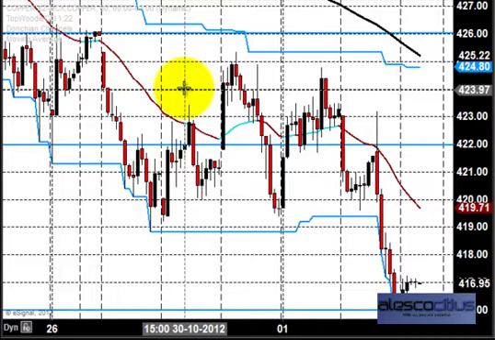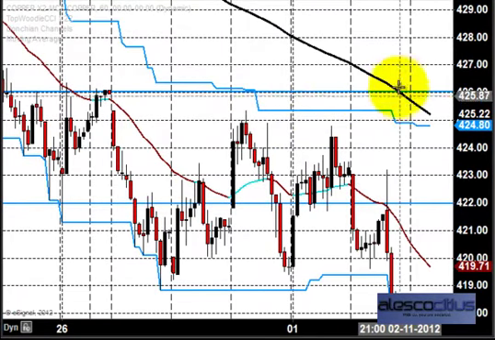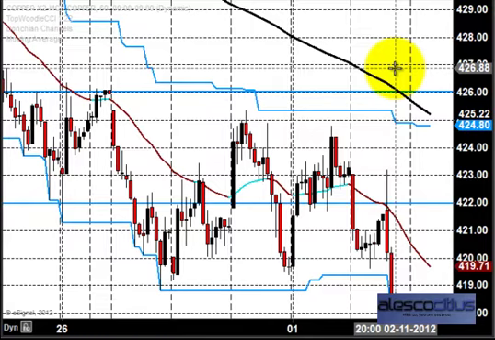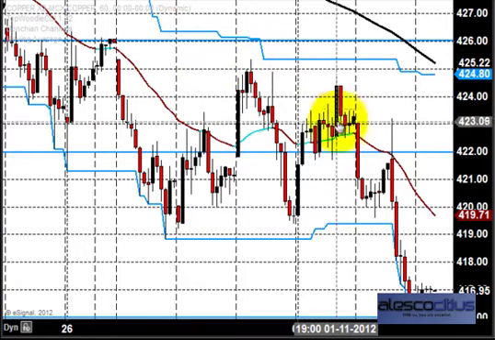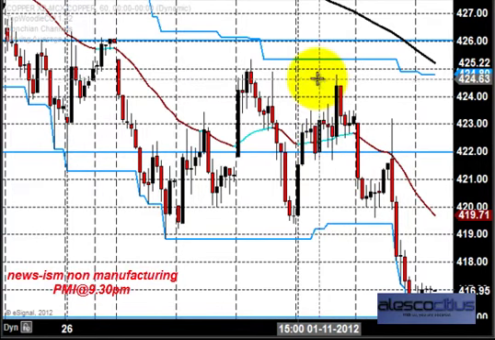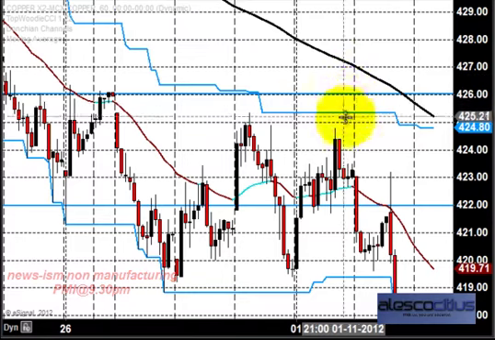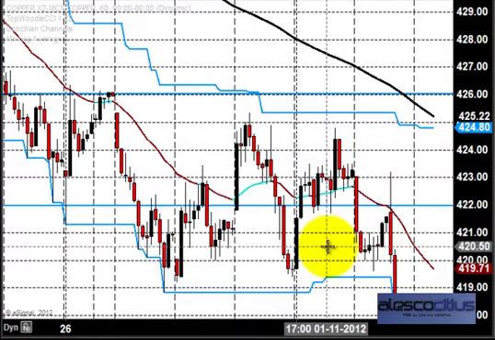That is a major reason we always say go with the trend. Unless we get a very clear confirmation, we don't go against the trend. Only if the price had shown any action above 426 would there have been confirmation for a trend reversal. So this is a very big lesson, that we should stay with the trend. We know that 422 can support the market, but it is not a good trading strategy to pick at 422, because we want the market to break the trend, to show some confirmation, and then only we can go for buying or selling.